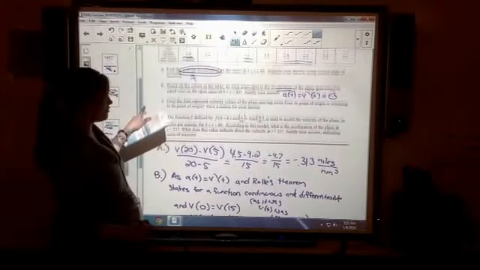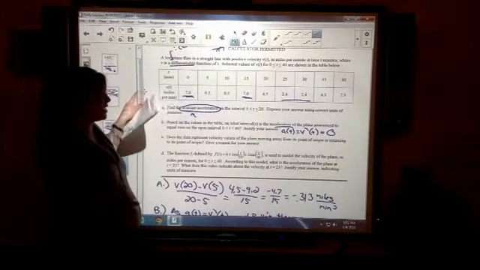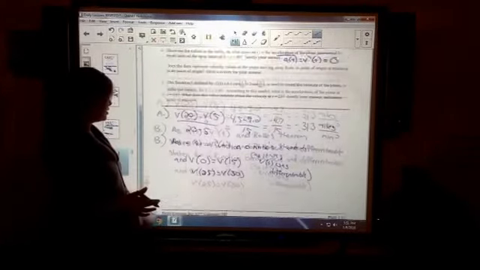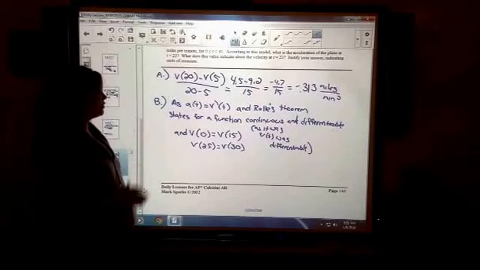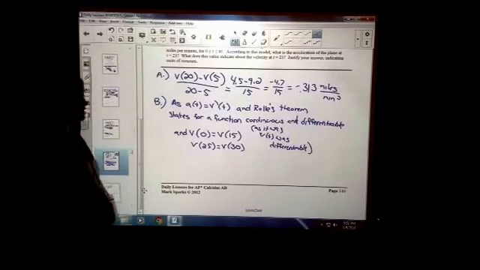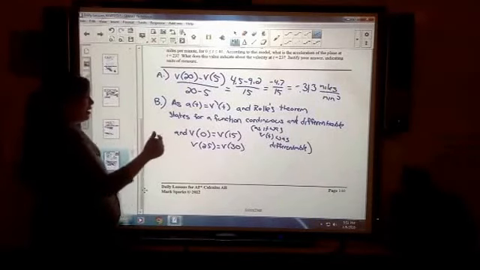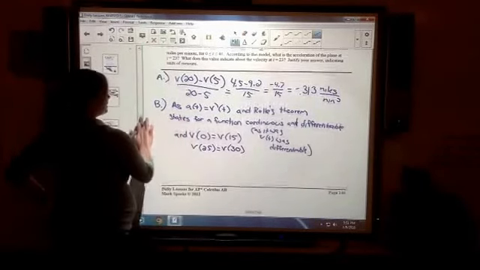That also, f of a equals f of b, or in this case, v of a equals v of b, and then nowhere else. So, as a of t is equal to v prime of t, and Rolle's theorem states for a function continuous, differentiable, and where the initial value equals the other one, this is asking me exactly